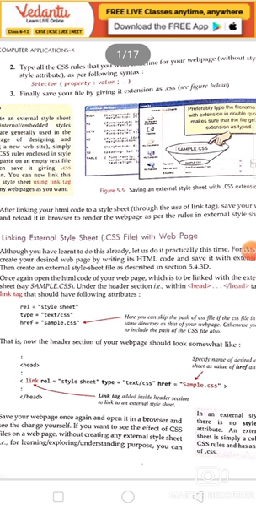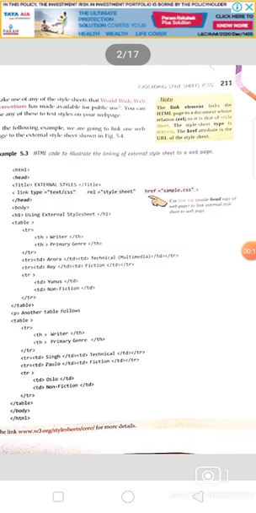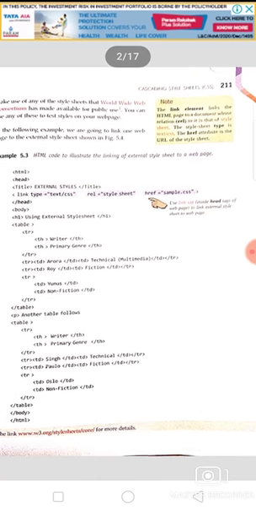Okay, then, how to link an external style sheet to a web page. I am sharing the screen with you for this. This is the program and we have written the HTML tag. After that, the title or external styles we have given here already. Okay, link type equals to text forward slash, and